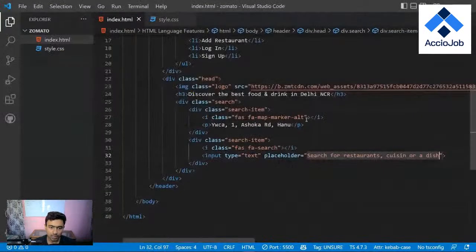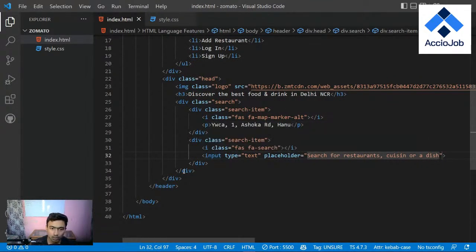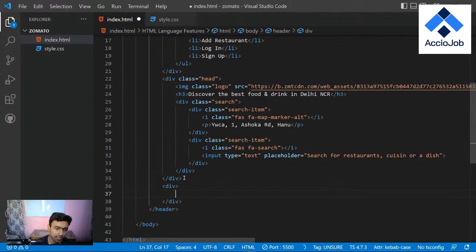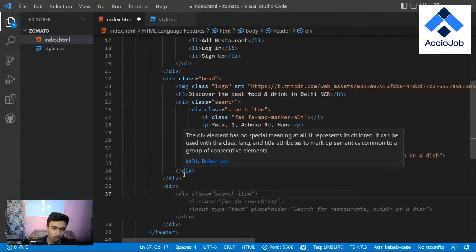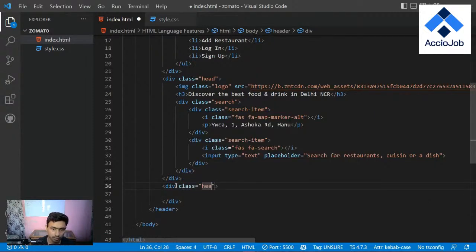Okay, let me go back to my code and see how we are going to add it. So this is the head part, and it concludes over here. I'm going to create another division that contains the background of this particular header, right? I want to give the class called header image. I'm going to add